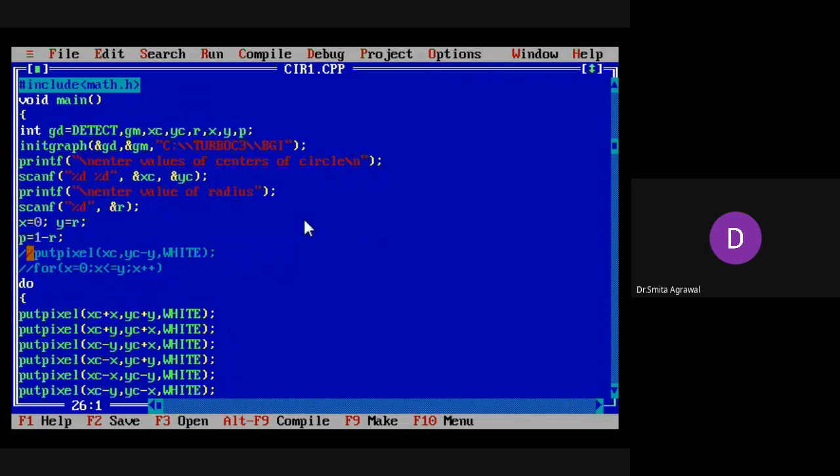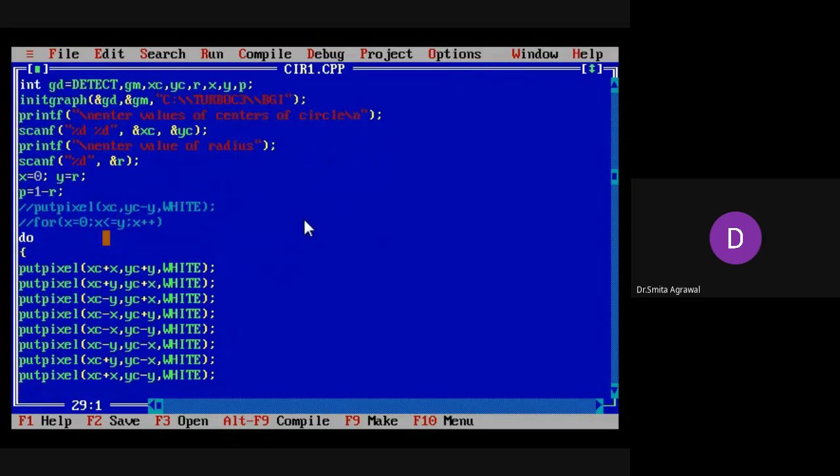p here represents the initial decision parameter, which is equal to 1 minus r as per the algorithm that we have discussed already. Then we use a do while loop here, and you can see I have written the putpixel function 8 times. Why 8 times?